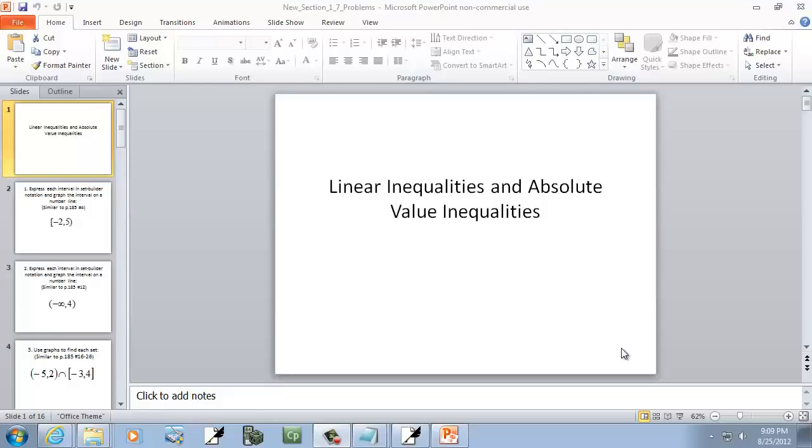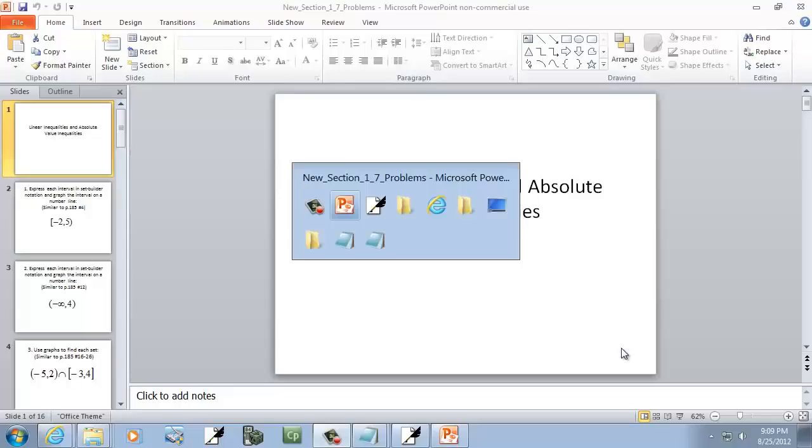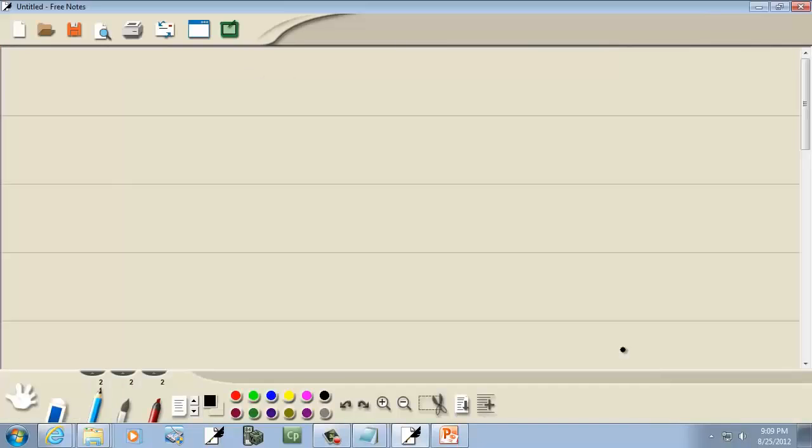Let's take a look at linear inequalities and absolute value inequalities. First, let's review our set builder, interval, and graphs of the different forms. We have our first one, which is x is less than 1, and then our set builder